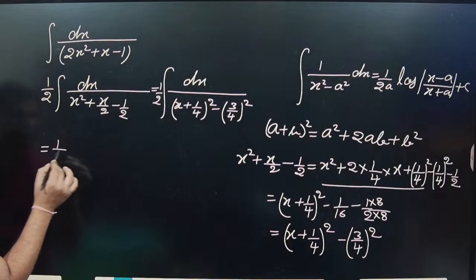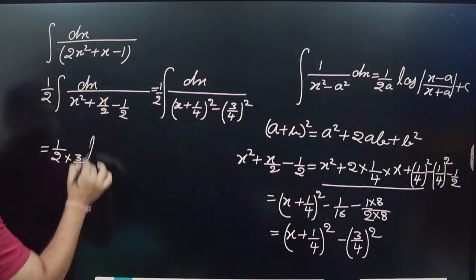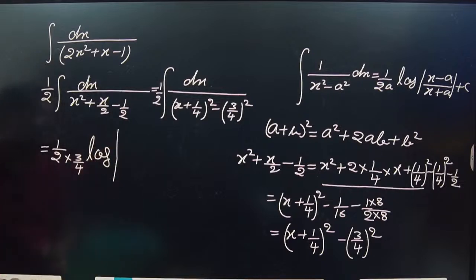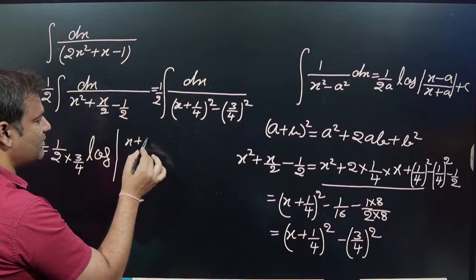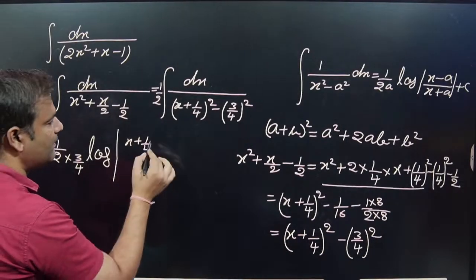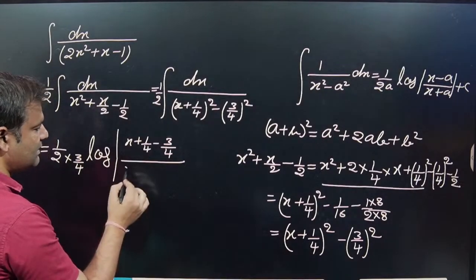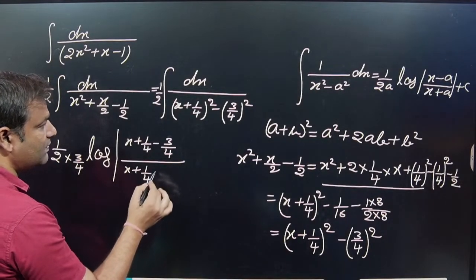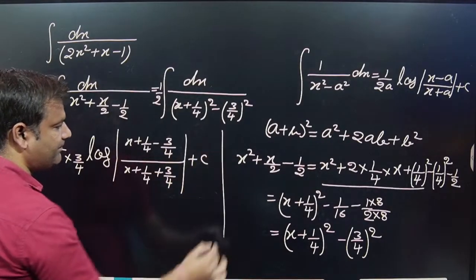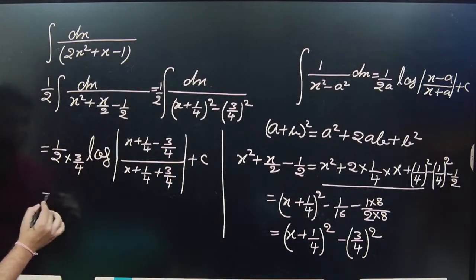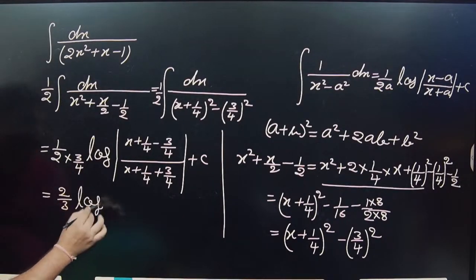So that one is written as 1 by 2 into 3 by 4 into log of modulus of (x + 1 by 4 minus 3 by 4) divided by (x + 1 by 4 plus 3 by 4) plus C. Okay, so that is 2 by 3 log of,